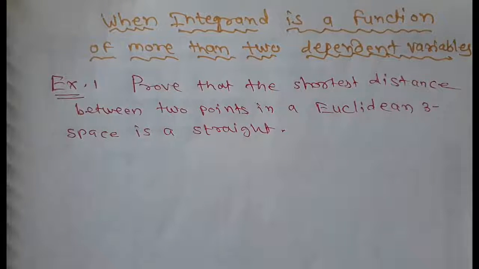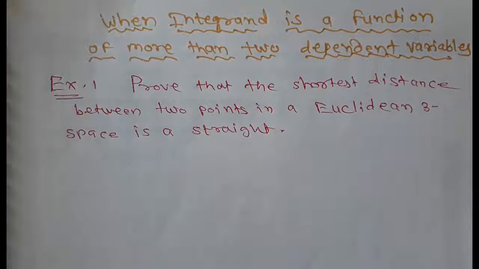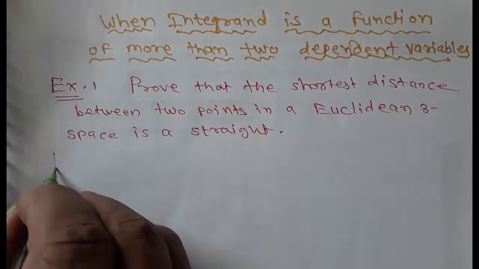In this problem, we have to prove that the shortest distance between two points in a Euclidean space is a straight line. Proof: